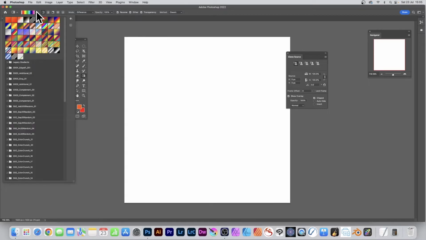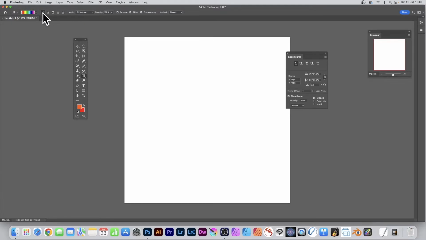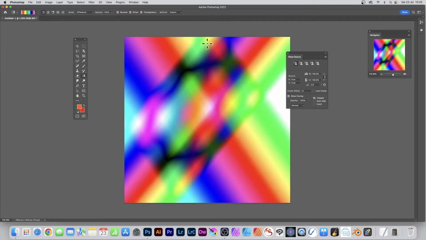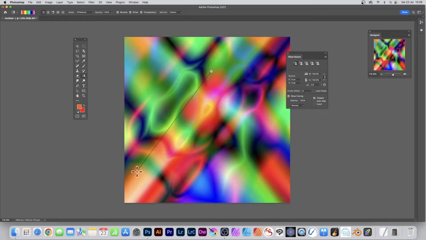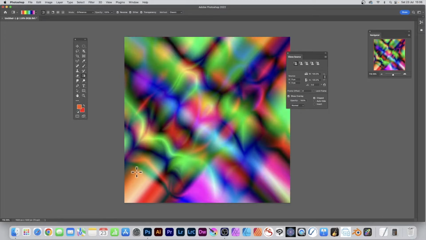Go up here for the Gradient Editor, click there, and I would suggest selecting this nice rainbow gradient, one of the default gradients. Linear, and then go for the Difference mode. It creates a lot of wonderful colour, and that's what we want. So I'm just going to apply it now across here, and you can apply it multiple times. Create that, and once you're happy with the colours, you've got a lot of colour in there, you can apply